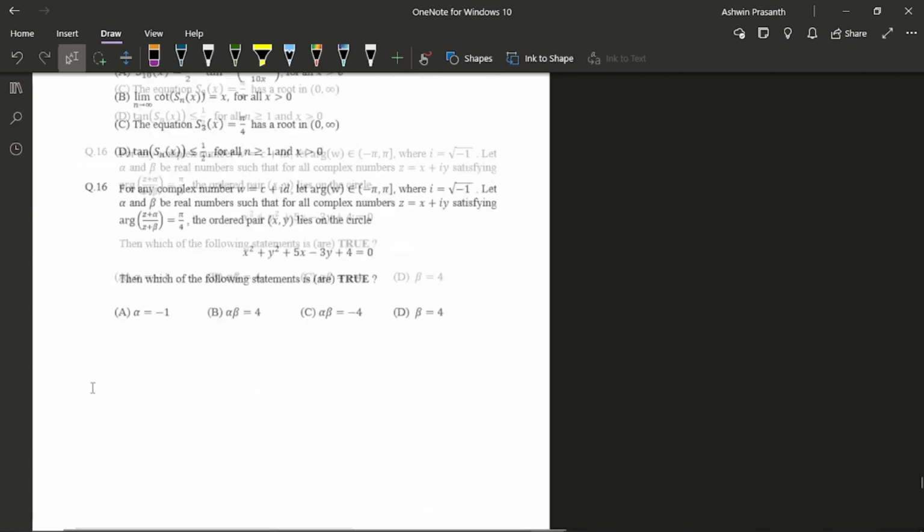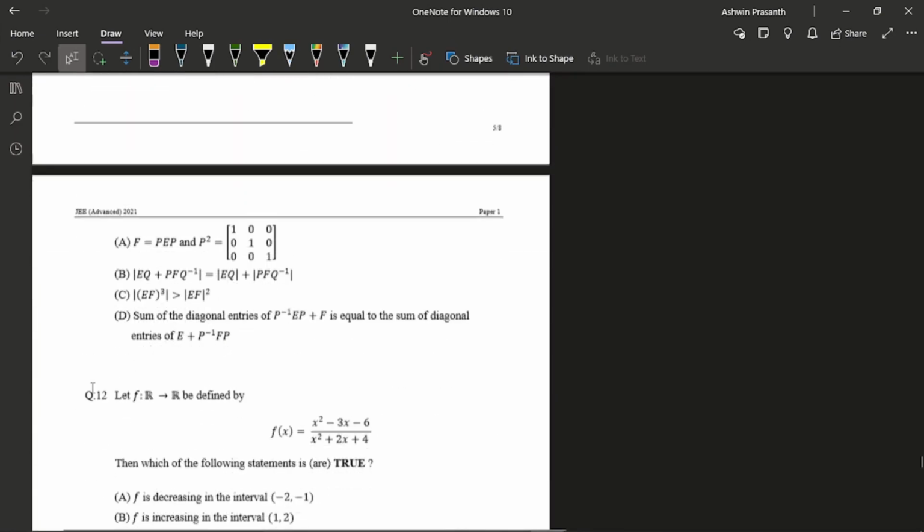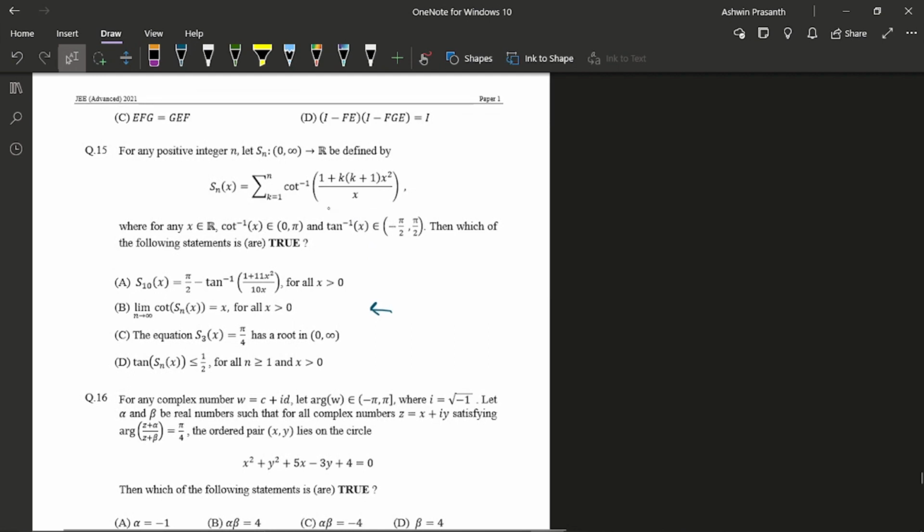And I moved on to section 3. I think this was the first question there. And also the pretty standard form we have done, tan inverse difference series. So this part was easy, but the options were kind of lengthy, so it took some time, but still I got all 4 marks here.